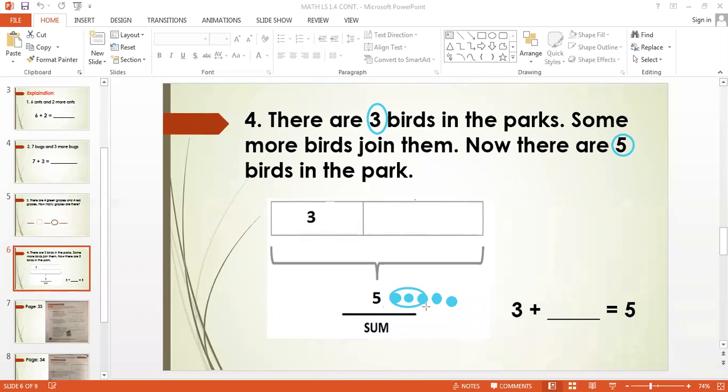3 dots. So you're going to circle the 3 dots only. Now how many remaining? How many dots are remaining here? Let's do the counting. 1 and 2 only remaining. So what will be the answer here? 2. 2 is the answer. So how many birds come and join them? It is 2. So now 3 plus 2 equal 5. So 3 plus 2 equal 5. Did you all understand how to do it?